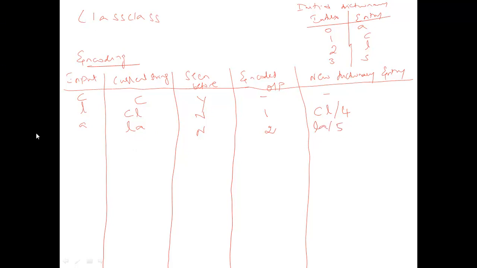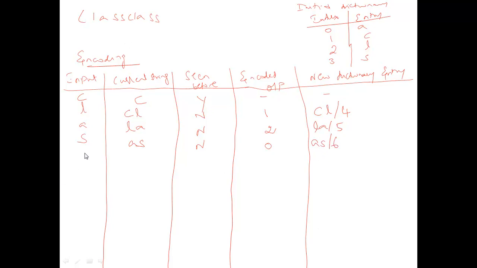Next letter is S. Current string is previously unencoded. Already you have encoded L. So unencoded is only A. And current input is S. AS. Have you seen AS anywhere? No. So you only encode whichever is previously unencoded. So previously unencoded is A. So put 0 here, because A is in the address 0. So your encoding output is 0. Now put this AS in the dictionary entry 6.